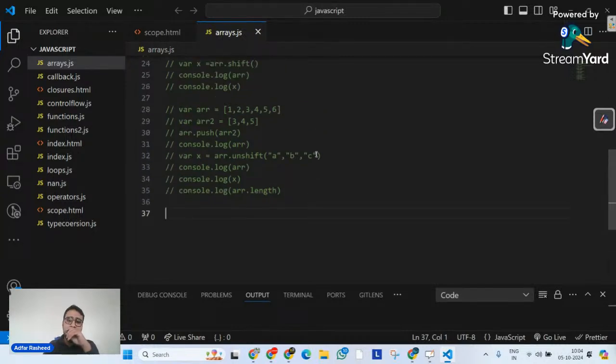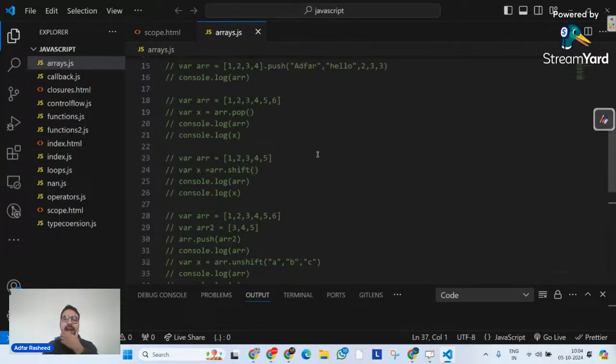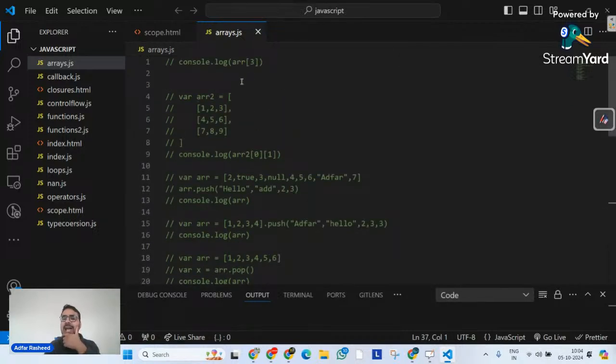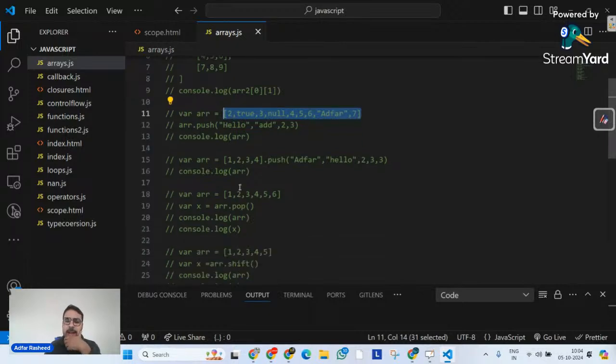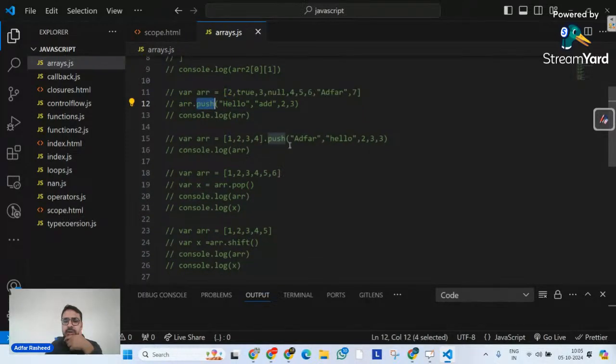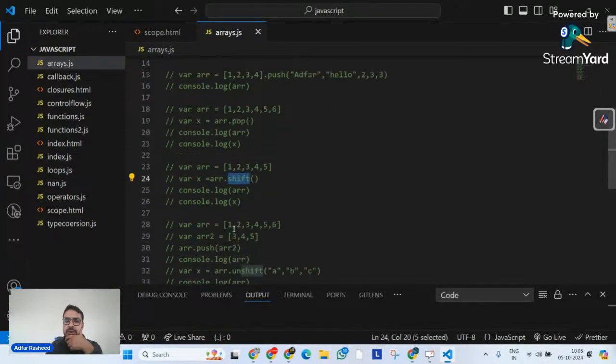If you remember, we ended our last discussion on understanding what the array data structure is and what indexing is. We also understood that when we create an array, it's not necessary that the values are all of one single data type. There can be different data types implemented in a single array as well. And then we started a few methods, whether push, pop, shift, or unshift. These were the few methods that we discussed in our previous class.